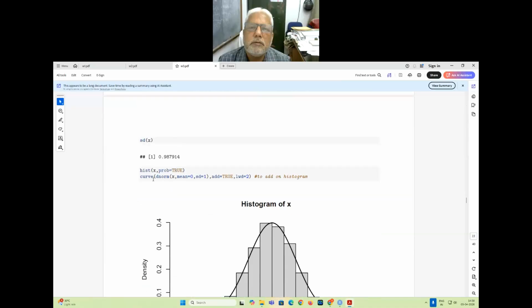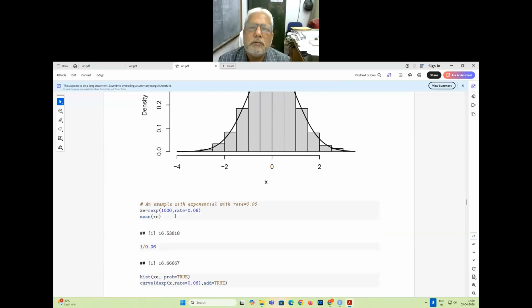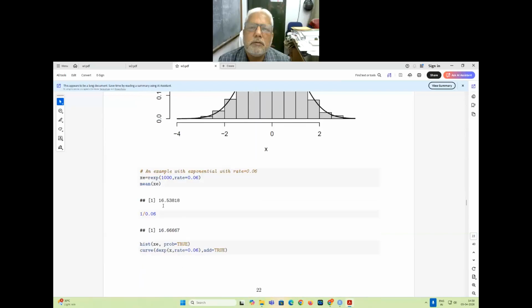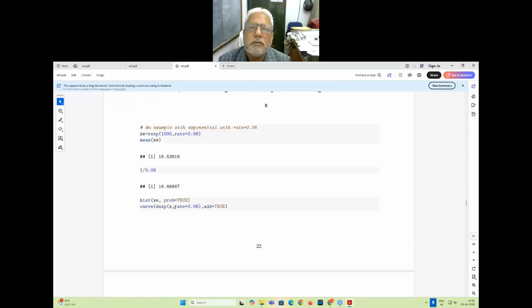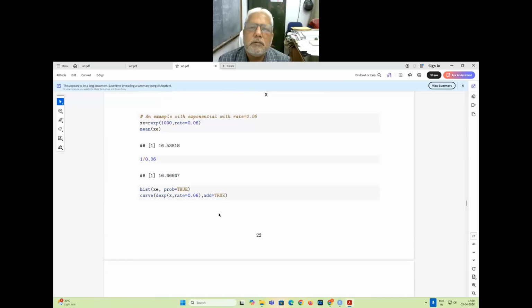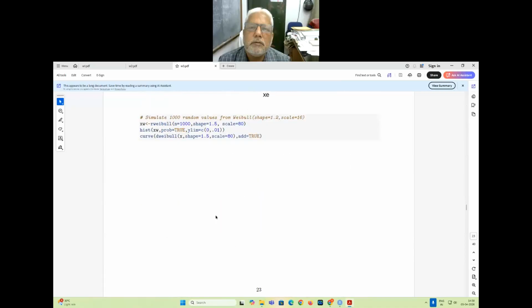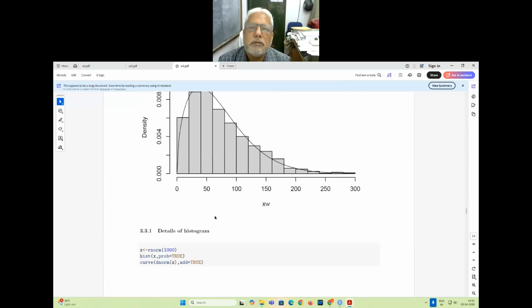Histogram, hist, and then we want to add a curve, dnorm, mean is equal to 0, sd is equal to 1, add is equal to TRUE, lwd is equal to 2 for making it thicker. x is equal to rexp, histogram of x, prob is equal to TRUE, and curve dexp, the rate is equal to 0.06, add is equal to TRUE. So these are the, similarly,